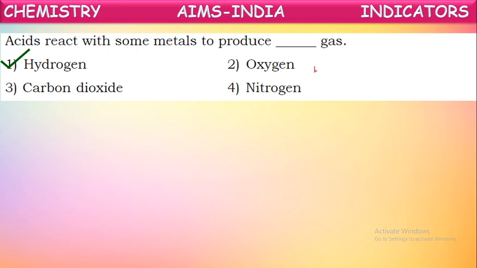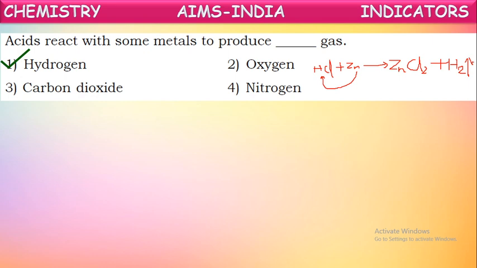If you take dilute hydrochloric acid and dissolve zinc granules into this hydrochloric acid, this zinc will replace hydrogen from this acid and form zinc chloride, ZnCl2, and release hydrogen gas out. So in general, acids on reaction with metals form metallic salts and release hydrogen gas. Hydrogen gas is bubbled out, and we have seen the test for the gas evolved in this reaction.